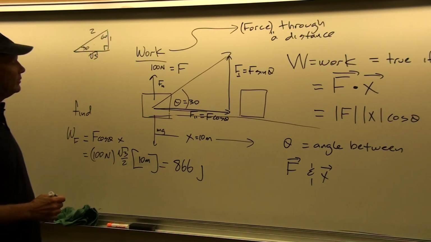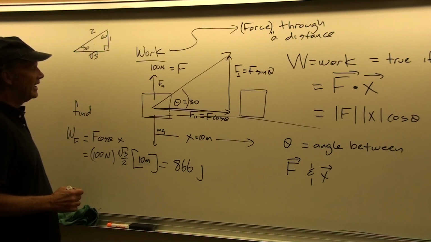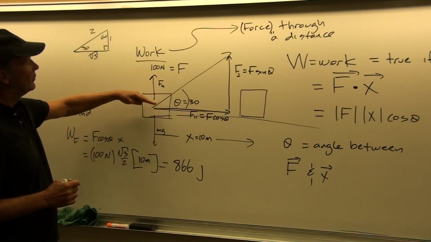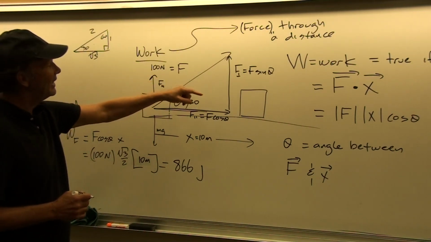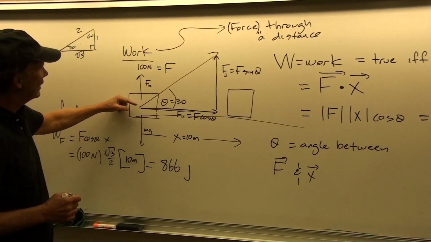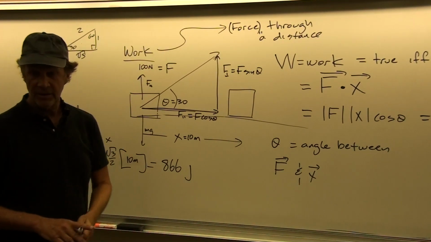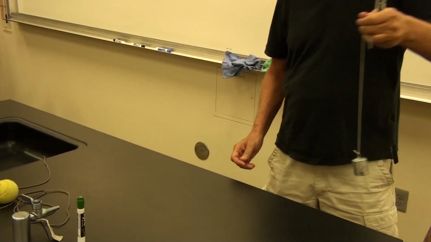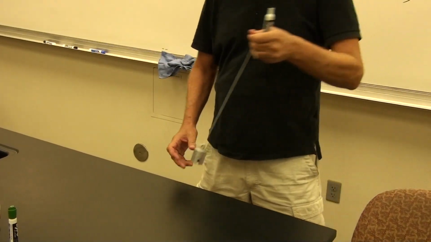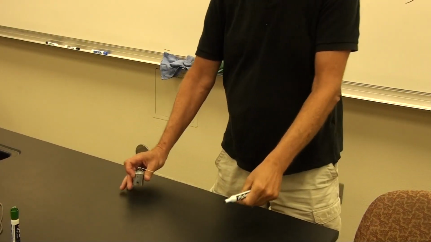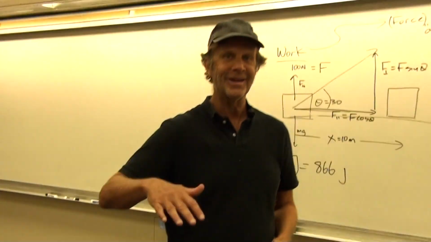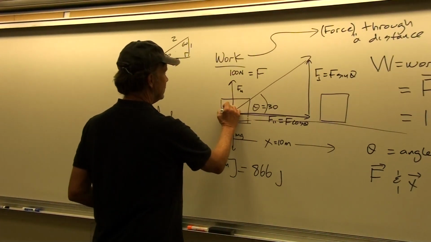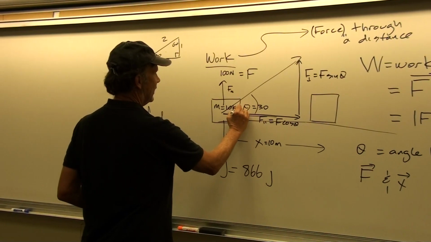Now, one thing that we would want to make sure about here is that the mass itself is enough so that the normal force doesn't go negative. Because if the F sine theta component of the force is greater than mg, then what would happen here is that this thing would go right off the table. I'd pull it right off the table because I'd be pulling too hard. It would lift it as well as move it in the horizontal direction. Then I'd be doing work in the vertical direction and in the horizontal direction. But in this problem, let's assume that the mass is 10 kilograms.